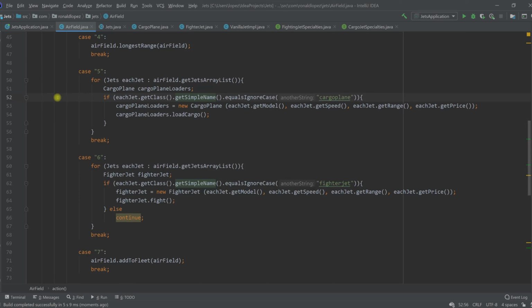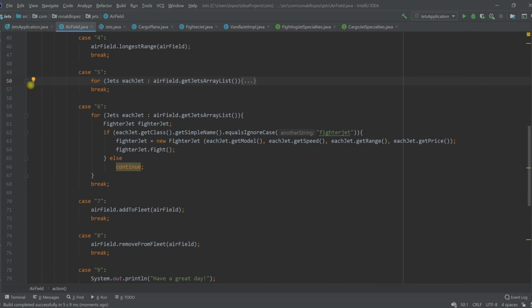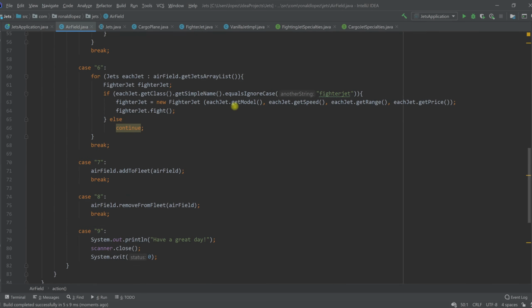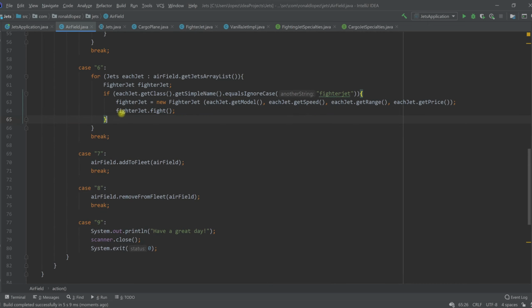And cargo loading. And then same with the fighter jets. The way I was able to do that one was the same thing, pretty much. And then we could actually probably get out of this as well. It's not as necessary, other than that bracket. And then so we're able to call fighter jets based on the class name, and then place it based on each element. So get model, get speed, get range, and get price. Exact same thing as